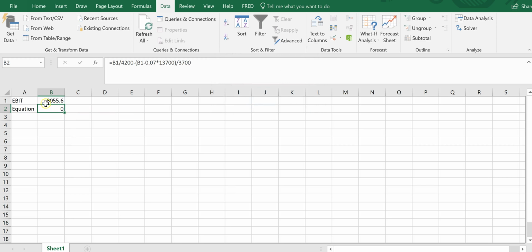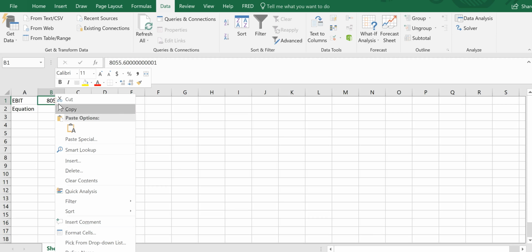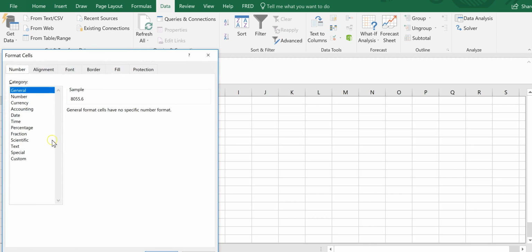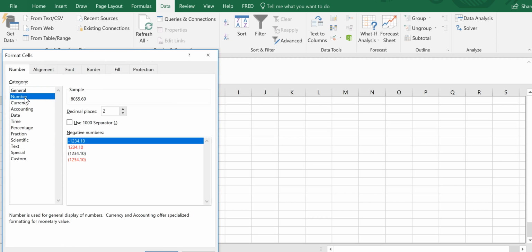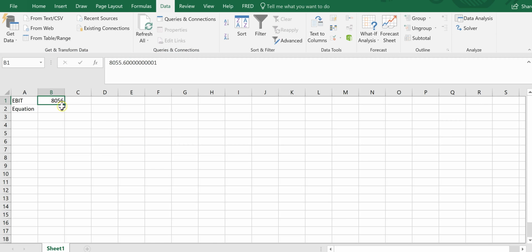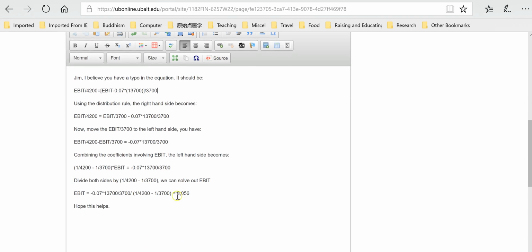And you can see that this EBIT, this number here changes, and now this equation, that's our target equation, equals 0. So this means if EBIT equals this number, then the equation becomes 0, and that's our goal. So you can see that the reason here I have 0.6 is because I kept one decimal place. But if you round up by keeping just no decimal place, you can see that this becomes 8,056, and that's the same as this value